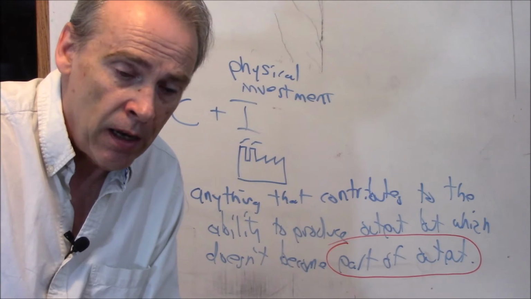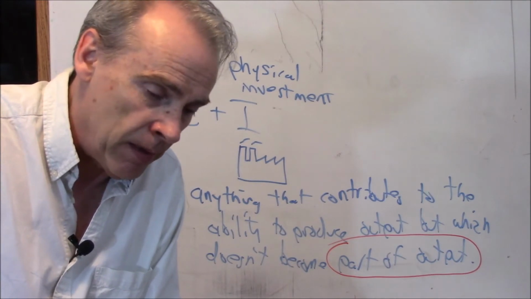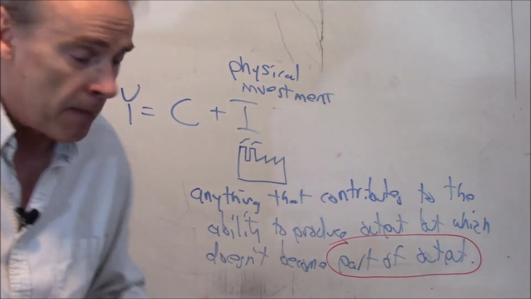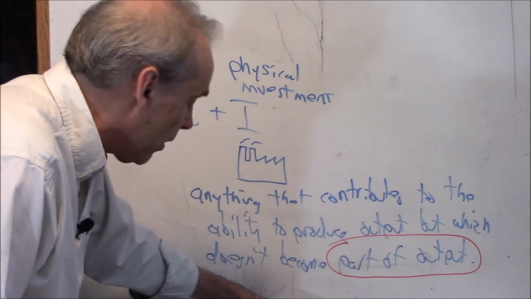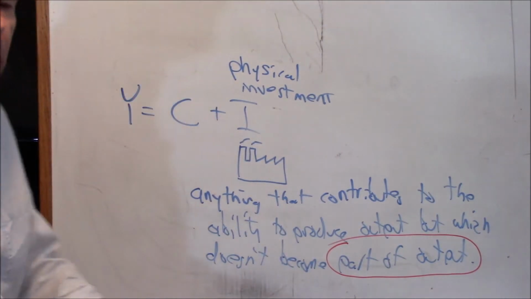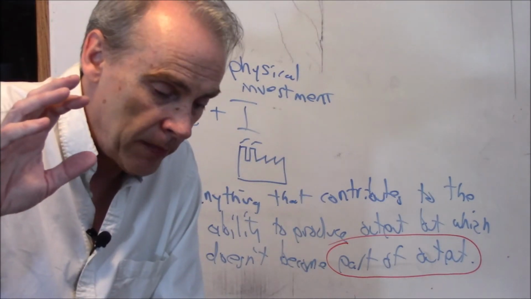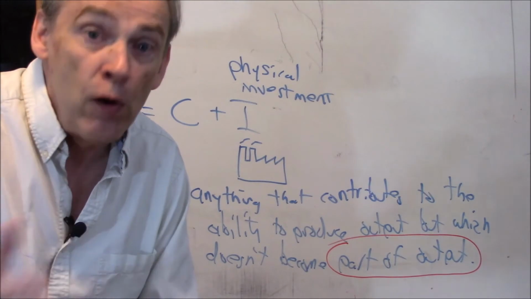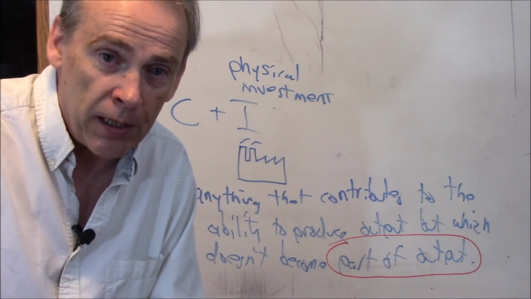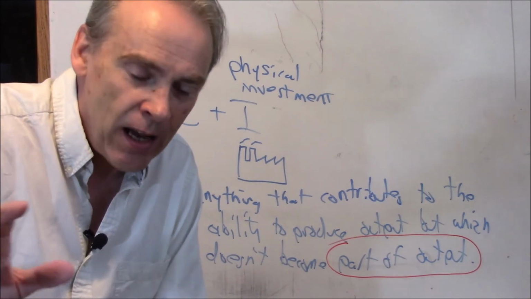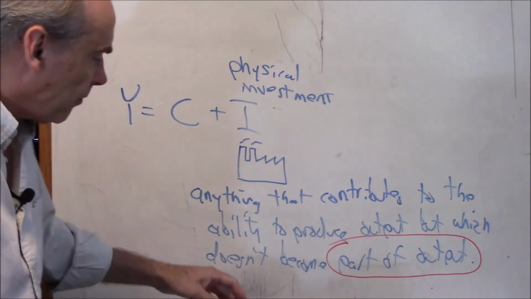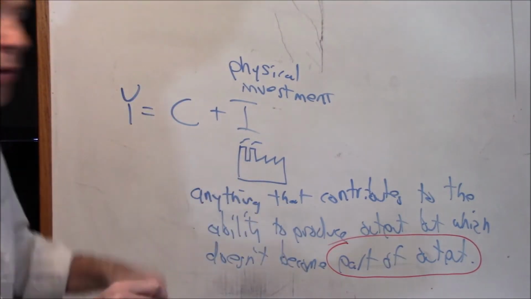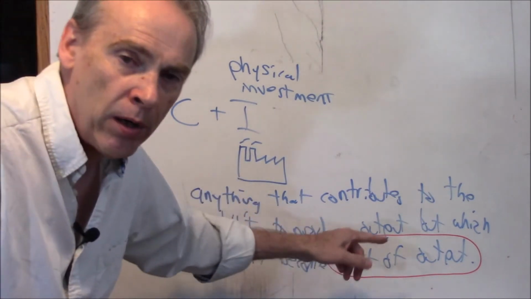At Kentucky Fried Chicken, the spork, one of the most brilliant inventions of all time, you get to take it with you. So in that case, when Kentucky Fried Chicken buys sporks, or foons, as I believe they're called in the South, let's make that up, then that is not an investment expenditure. It's only things that don't become part of the output.